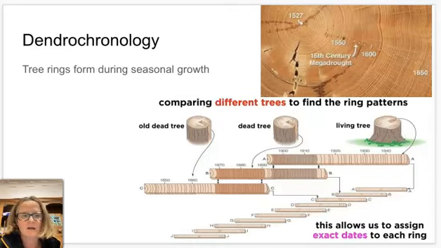And the final bit of evidence that we can use when we're looking at past ecosystems is dendrochronology. So as tree rings form, they grow at different rates in the summer versus the winter, and it gives us different types of wood, and you can see that in the pattern of rings. And we can actually overlap tree ring patterns. So you can see in this picture here, from a living tree to a dead tree to a very old dead tree, and perhaps even to fossilized dead trees that have their rings still intact in the fossils,